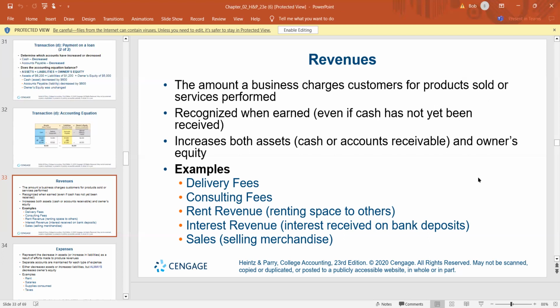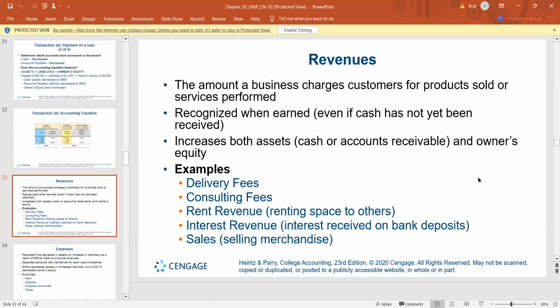That means that we record the sale, the revenue, if you will, the income, when the service is performed or when the goods are shipped. We don't care whether it's paid or not. And that's something you have to understand, the accrual basis, okay? Revenues could be sales, delivery fees, services rendered, consulting fees. You could have rent revenue maybe. Where I worked for many years, we rented out part of the factory to a small business. Interest revenue, sales. Revenues are sales.